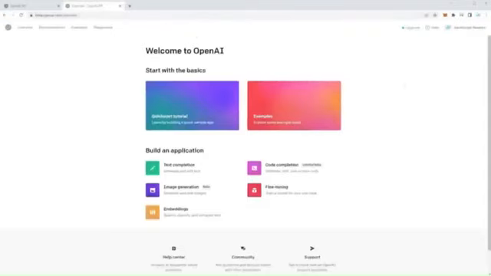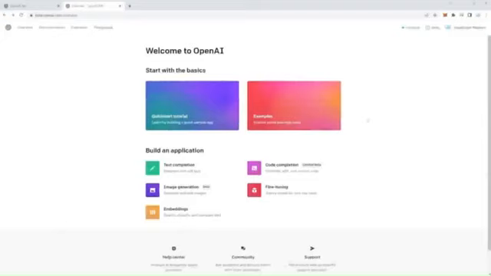The OpenAI team did a great job to get you started with the basics, so you can have a quick start tutorial or you can check out some examples. They also immediately allow you to build an app using text completion, image generation, code completion, and so much more. But thankfully, to make the process even simpler, you have me today. You're watching this video and I'm going to guide you step by step on how to create our great Codex